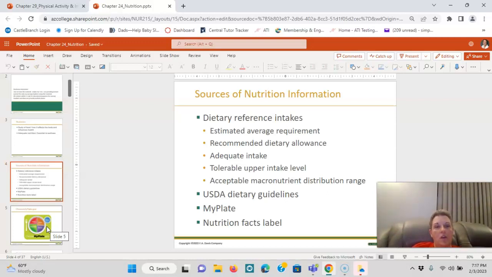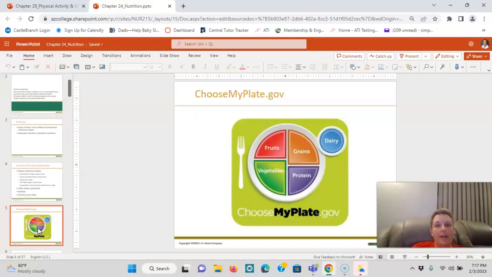You also look at the USDA guidelines for dietary guidelines, but also My Plate and nutrition fact labels. So if you're thinking, what's My Plate? On choosemyplate.gov, they have a very visual scale of how many vegetables to fruits to grains to proteins and dairy